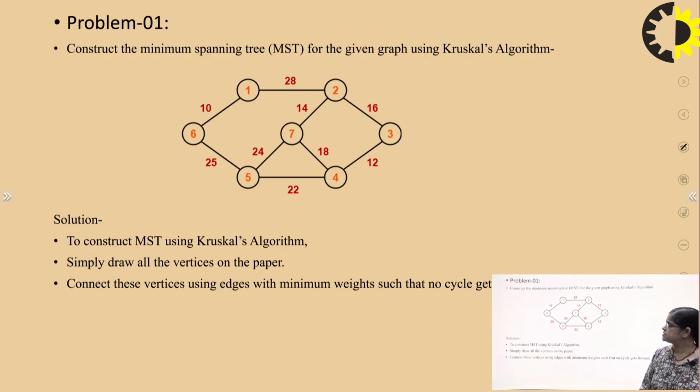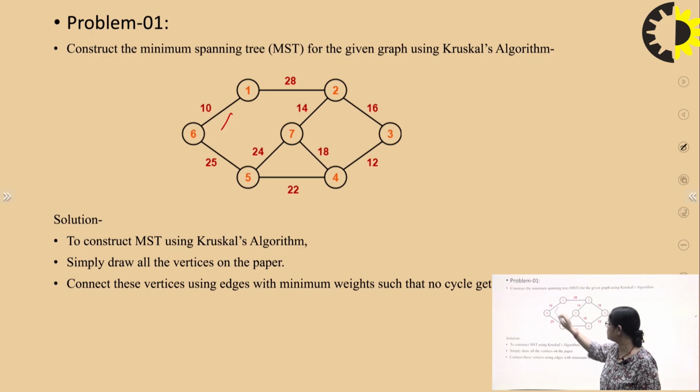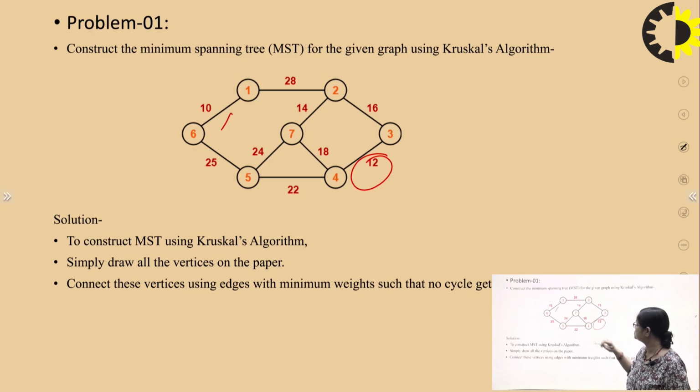Now, this is a spanning tree example. We have to find this. All the weights are given here, if you see, and we have to construct the minimum spanning tree. For constructing the minimum spanning tree, what we will do is take the lowest edges. This one is lowest, this one is lowest, and this one is lowest. But we have to keep in mind that there should be no cycle.